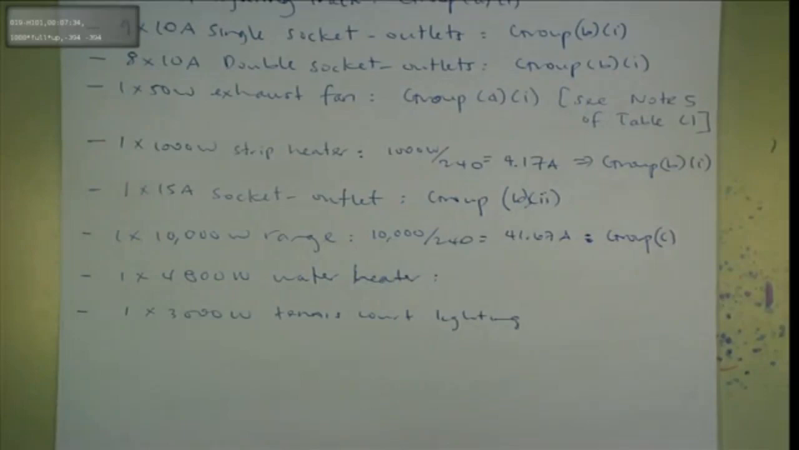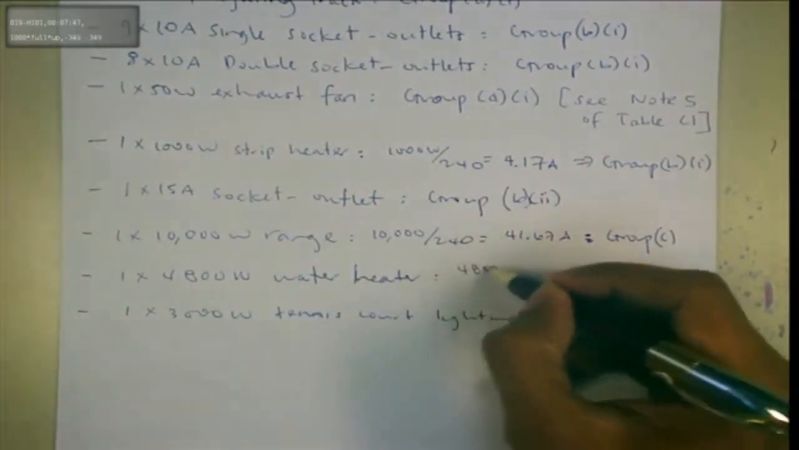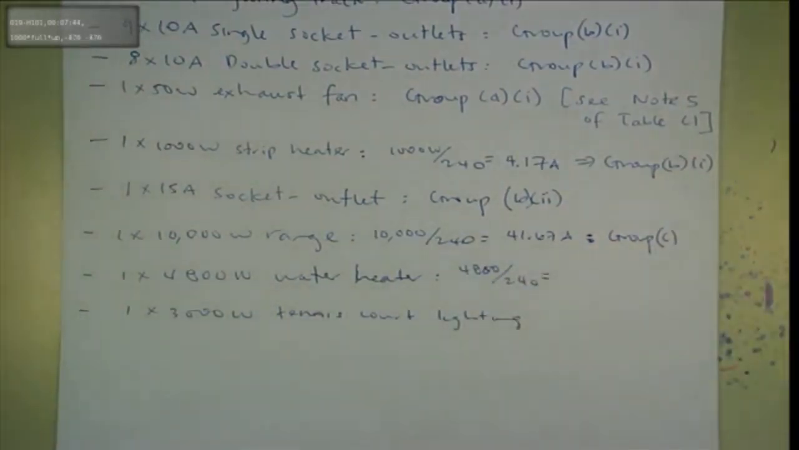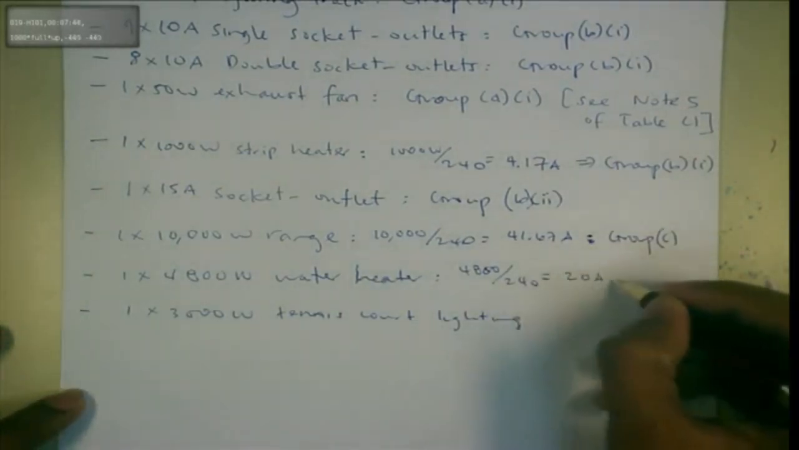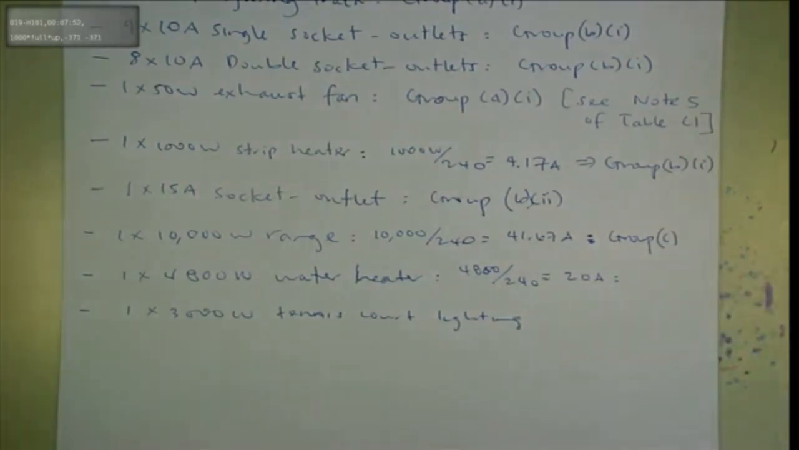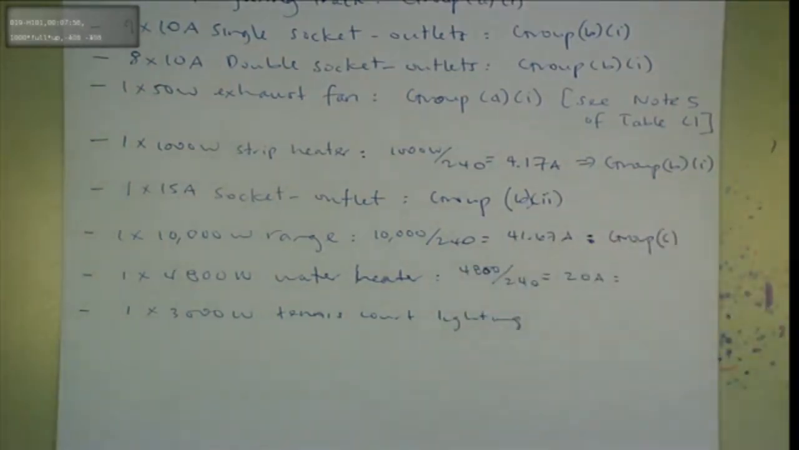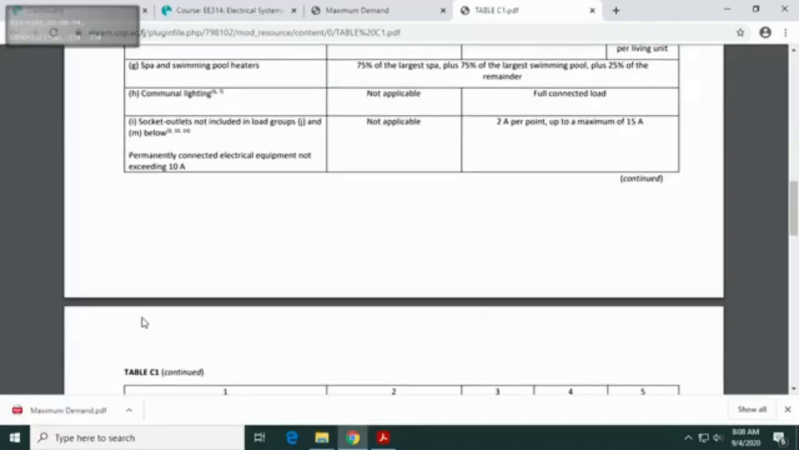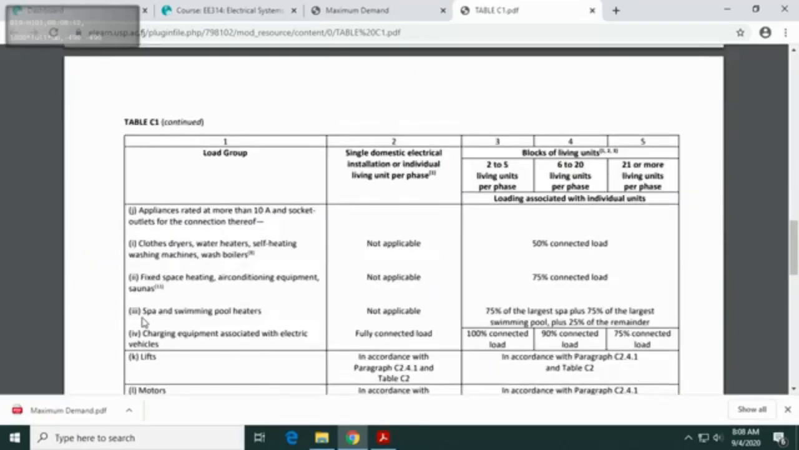Now 4,800 watt water heater. Anyone? We get 20 amps. Okay, now let's go back to table C1. For the water heater, we have